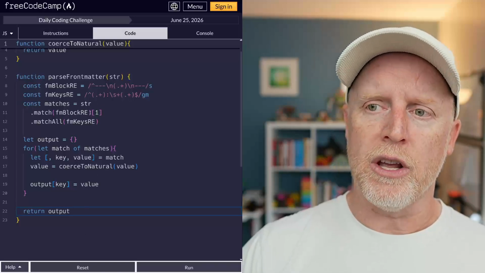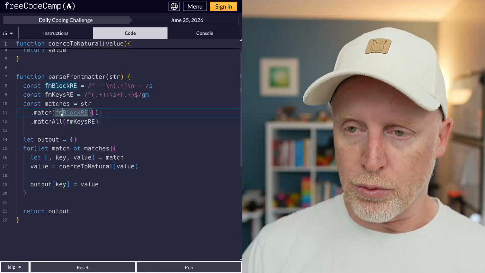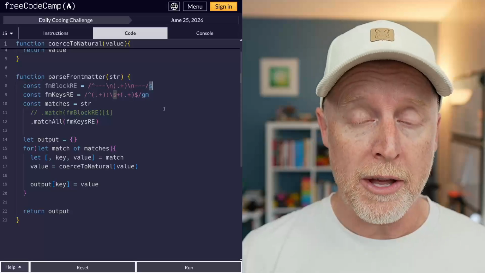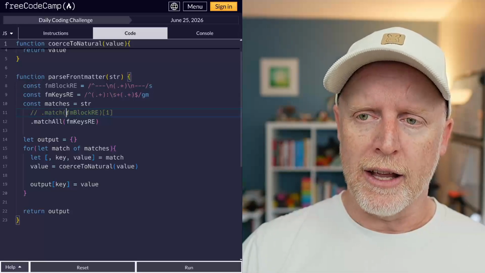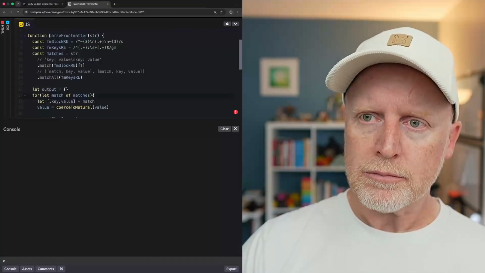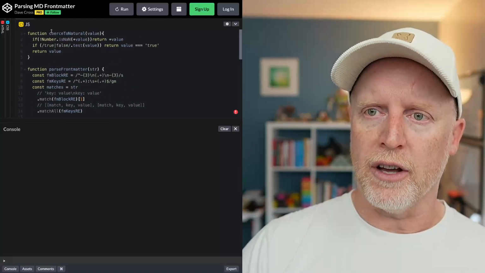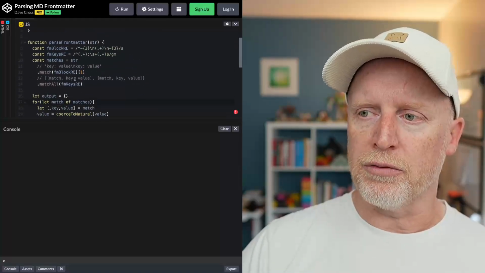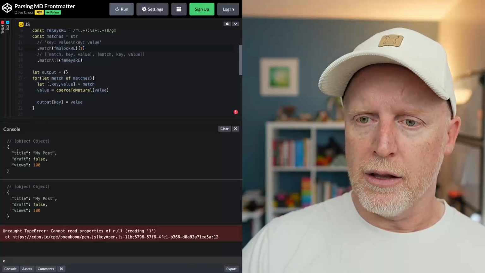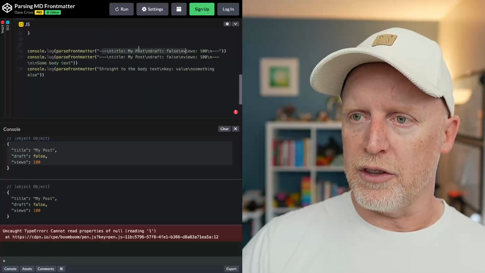In fact, because we were guaranteed to get a Frontmatter object today, we don't actually need this first one, right? I included that in there so that I could teach the S flag, the dotAll flag a little bit, but we don't need that. But I still think that it's useful, and here's why. Over here, I've taken my code. There's some comments in here, but this is the same code. So I still have coerceToNatural. I still have parseFrontmatter, and if I run this, it seems to be screaming, but my tests, which I didn't show, right? I have this bit here where